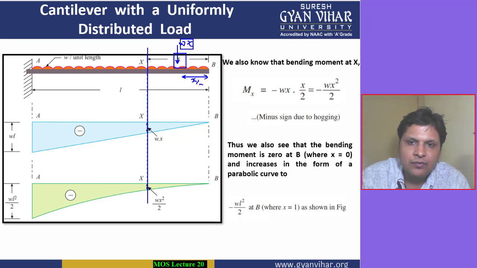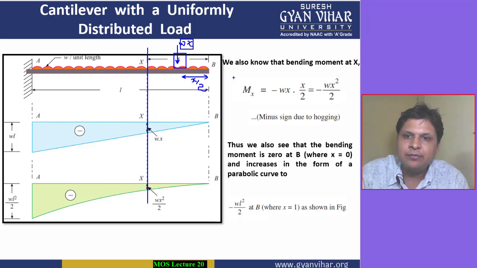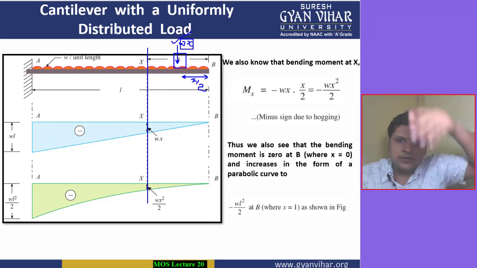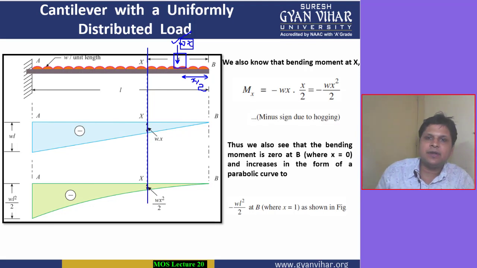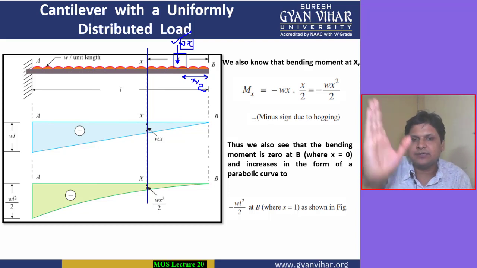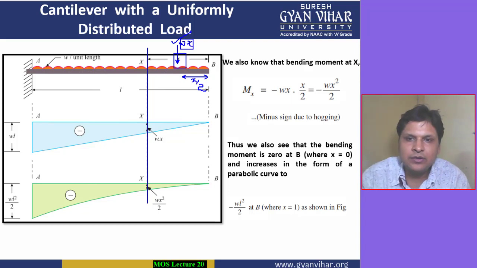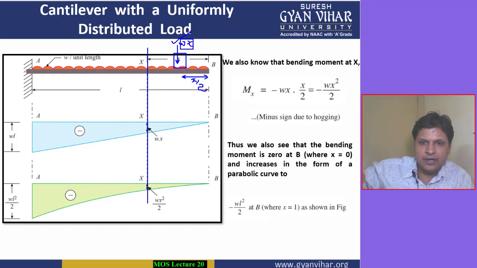So if someone asks you what will be the bending moment for this particular load Wx, what will be the bending moment from point B? It will be equal to minus Wx. Wx is given to you, and we all know that we consider the load on the right hand side. If we are taking the right hand side portion of the section, then the load which is going clockwise to the section is considered as anti-clockwise, and those which are going anti-clockwise across the right hand side of the section are taken as positive. So here the load Wx is considered as going